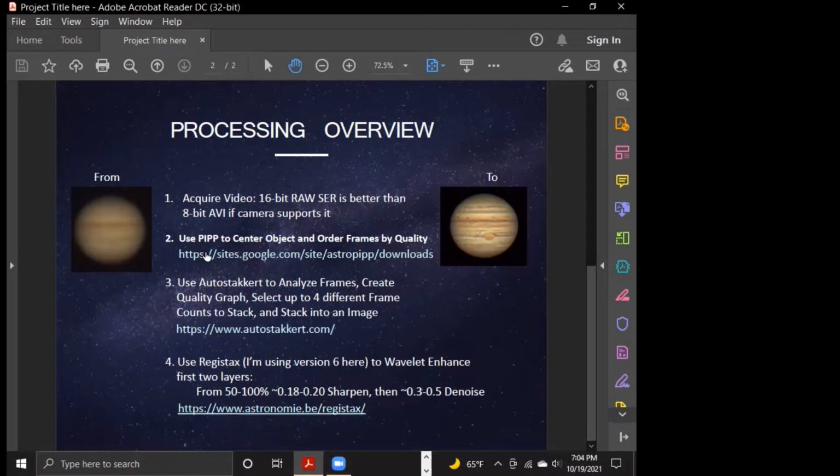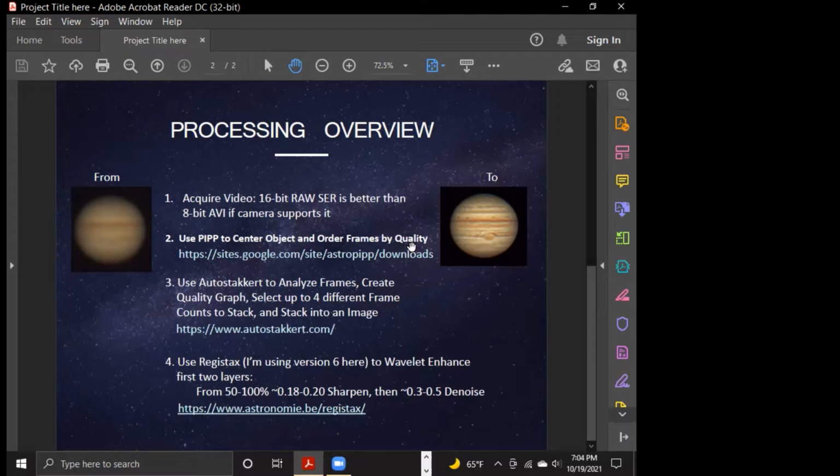So in terms of the processing I'll show, we're going to start out with a program called Planetary Image Pre-Processing. And the pre-processing has a purpose to it. Number one, as you're tracking the object, it may not be centered in the frame, and this helps to do that. You can select that. And really important is to order the frames by quality. This allows you to then use the next program to slice off your best quality frames, because as the video runs and